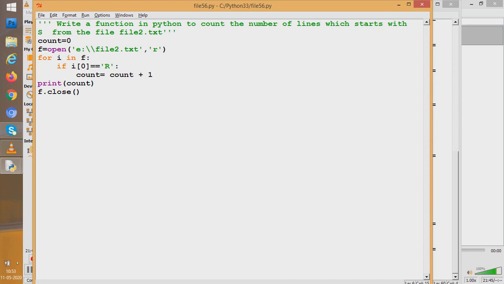So students, have you understood? Lines can be checked. This is one way of doing it. There is another way of checking lines even. What is that way of working with lines, reading lines? Let us go for the next way of reading lines.